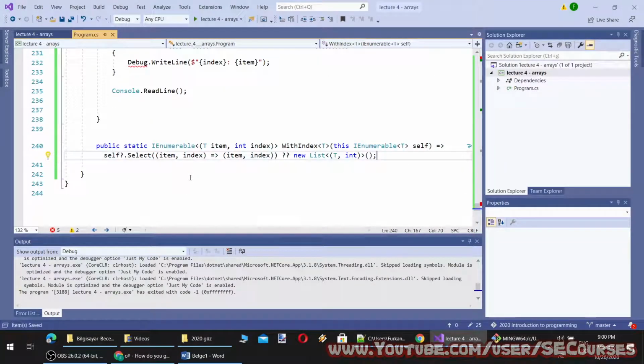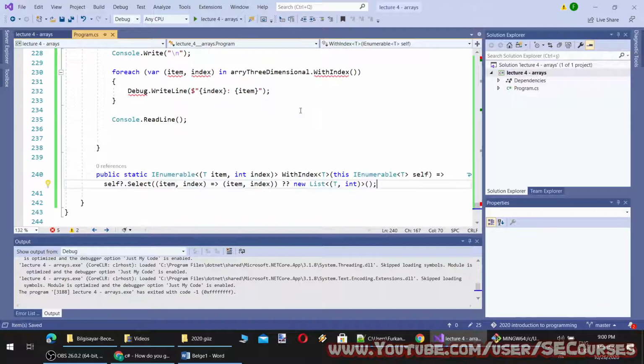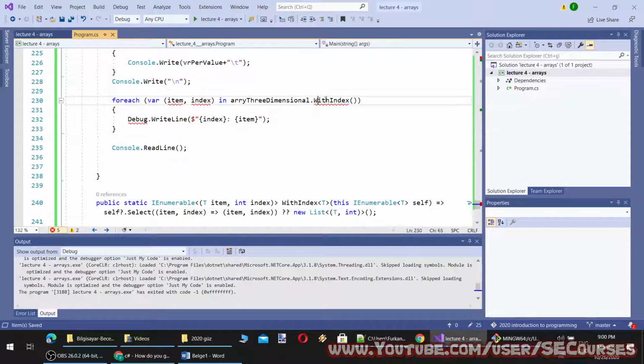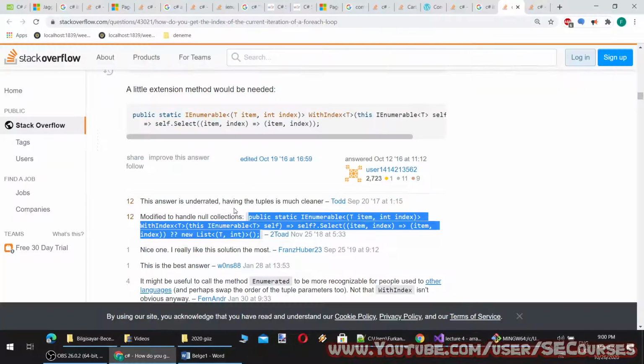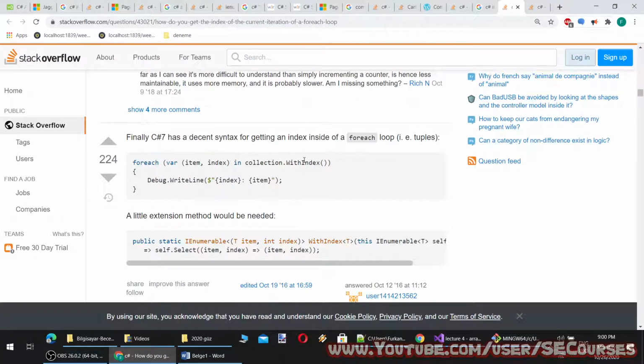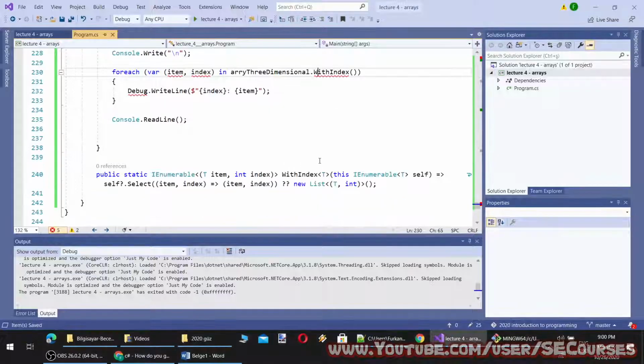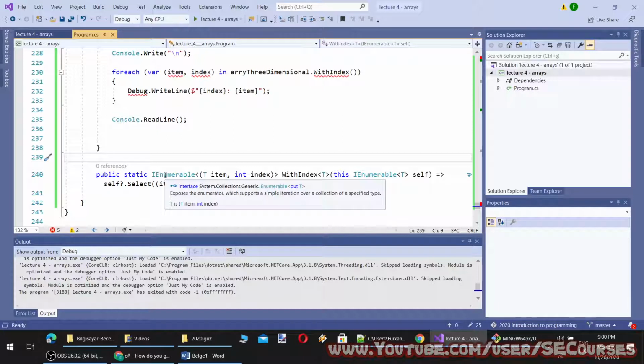You see, in your programming life, you will always encounter such problems. It says it doesn't accept this. I'm going to add another, but it should work, the item index.